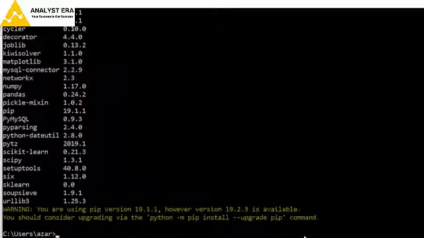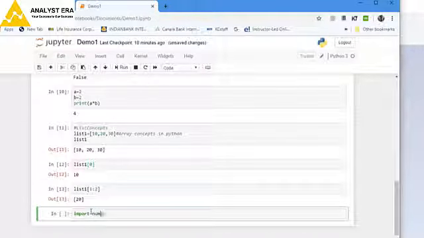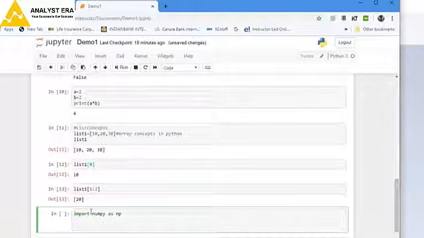BS4, NumPy, Pandas: we can install these and then import them. Suppose I import this one, like import numpy as np. Then numpy dot, like c equal to numpy dot array of, and that array is one of the functions.